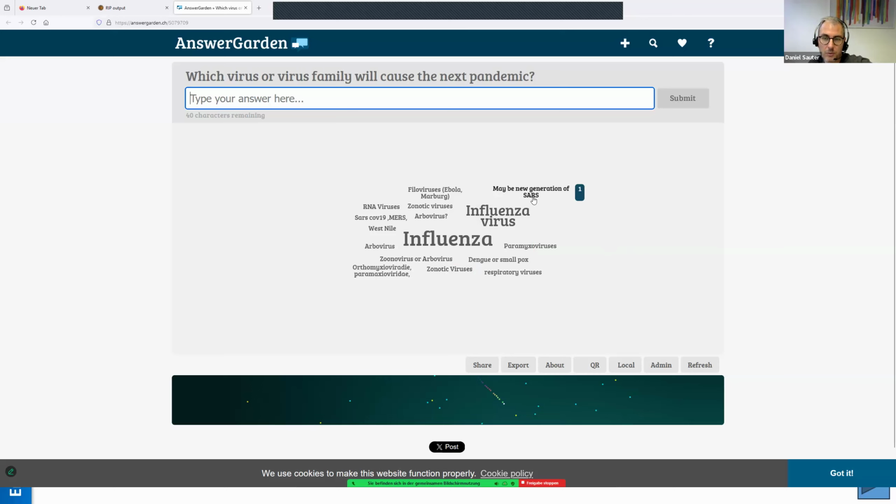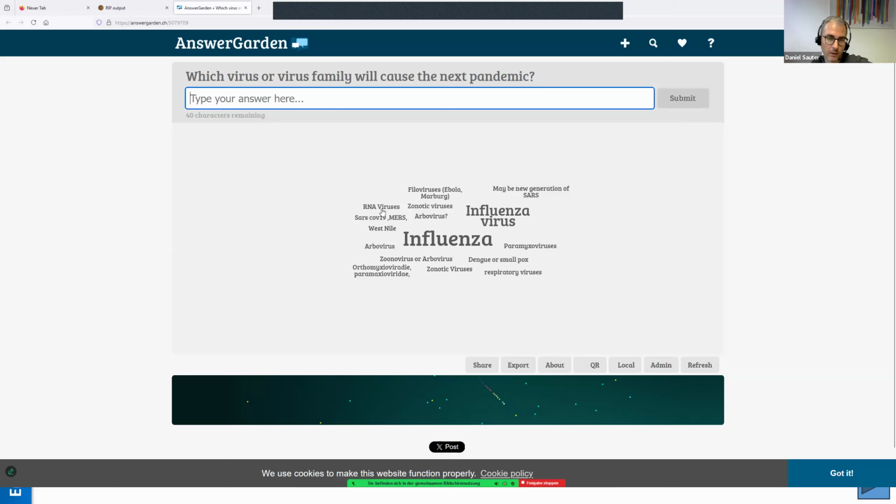A new coronavirus is certainly also an option. So we have seen coronavirus outbreaks in the past, more recent outbreaks like SARS-CoV-2 or MERS coronaviruses. That's good. Some people also put arboviruses like West Nile, dengue, and so on. They're also likely candidates, but here you have to keep in mind that they will probably only spread in certain regions of the world where the respective vector species is distributed.